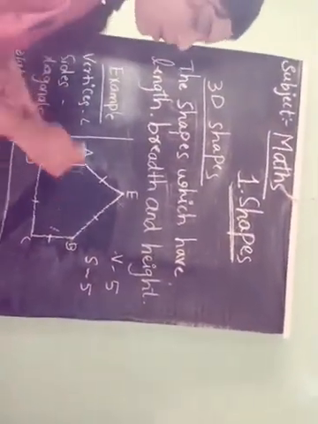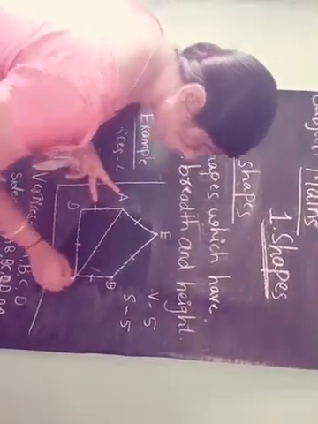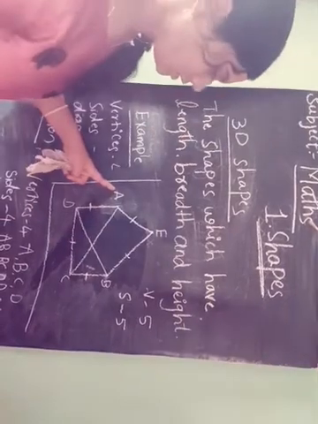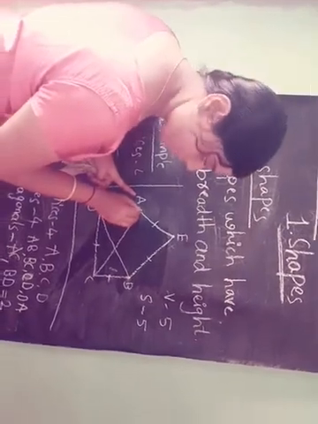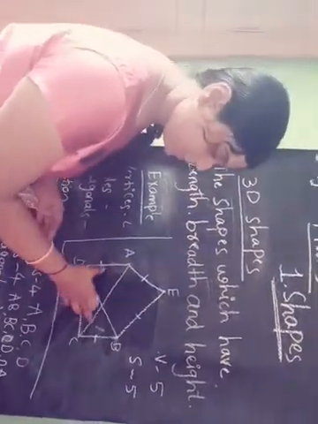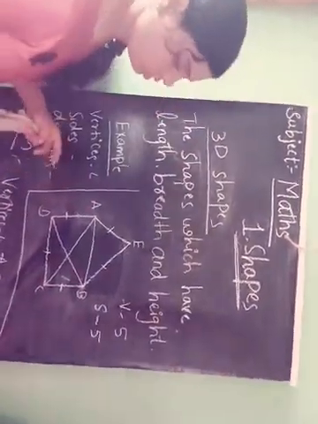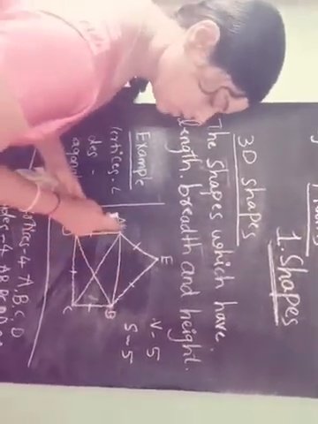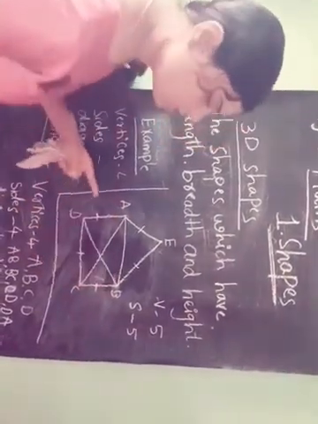Now how to draw diagonal? We know that opposite vertices meet. A to C, one diagonal. Then B to D. Yes, we can join here also. This is also opposite vertices. A to B. It is not a side because a straight line inside the shape is diagonal. So this is also diagonal, not a side. You must not say AB is one side, because it is inside the figure. So it is diagonal AB. Now diagonals AC, BD, AB are the diagonals.